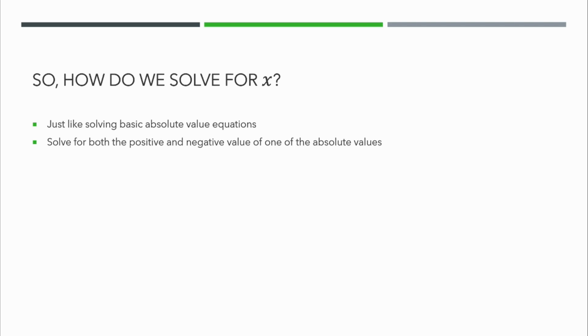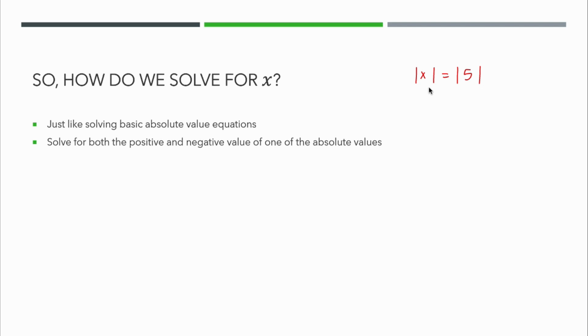But why does this work? Why can we do the exact same thing even though there is an absolute value? Let's take that equation again. The absolute value of x is equal to the absolute value of 5. Now here, there are technically 4 possibilities.